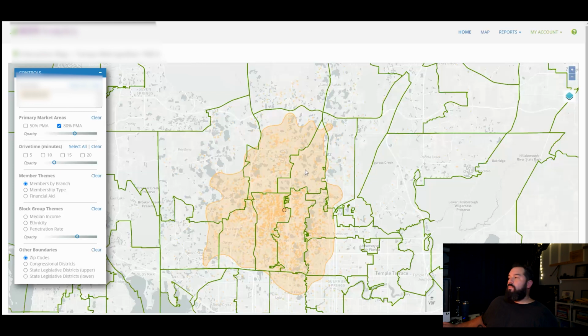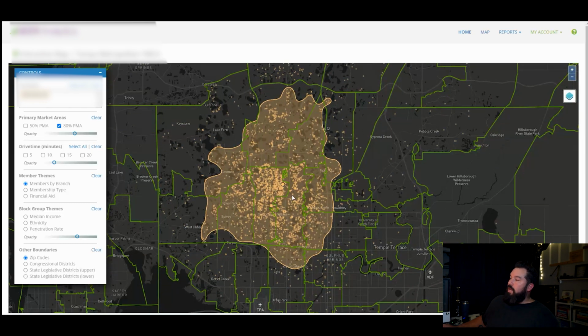and then really start to understand what the area looks like that you're serving, right? And then once you understand that, oh, okay, well, maybe we can start doing some things a little bit differently now that we know that this is actually our primary market area, and this is where we should focus a lot of our time and attention and build our customer profiles off, because this is what actually is representative of where our customers are, where they're coming from. So this is just the first section of this application. There's a whole reporting section that we'll get into later,